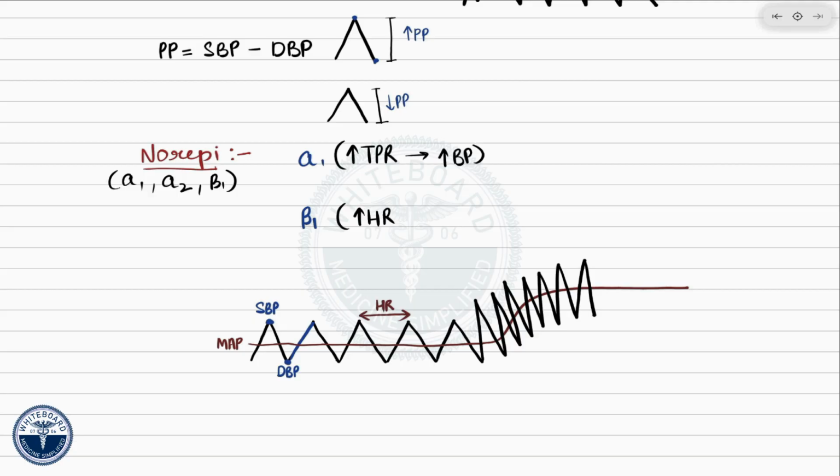They also increase the force of ventricular contraction, which increases stroke volume. As the ventricle ejects more blood with each beat, systolic blood pressure rises. Therefore, we would expect the systolic peaks on the tracing to move higher. Since pulse pressure is the difference between systolic and diastolic pressure, an increase in systolic pressure would also tend to widen the pulse pressure. So, based on beta-1 stimulation alone, we would expect to see three things on the tracing: